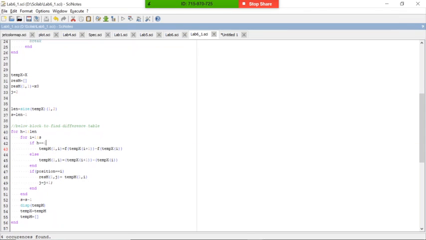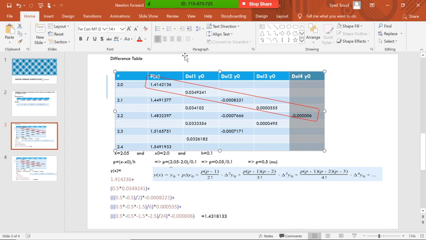If h is not equal to 1, then we directly go to the temp values and extract the values. You can check here one extra field, f. Here there is no f, which means the first values we calculate using the function, and these values will be a direct subtraction of these values.